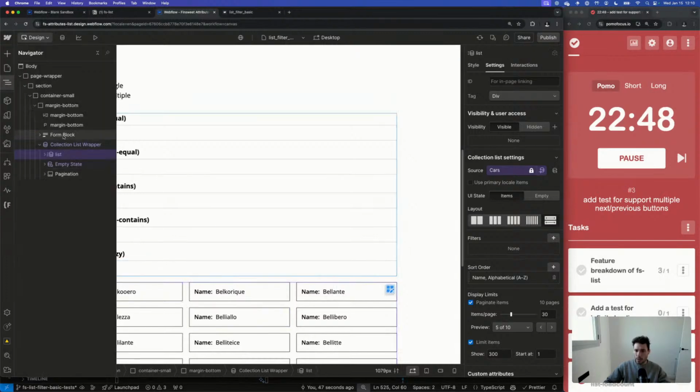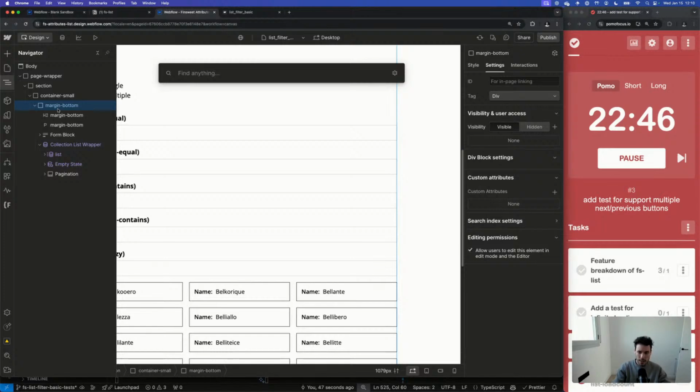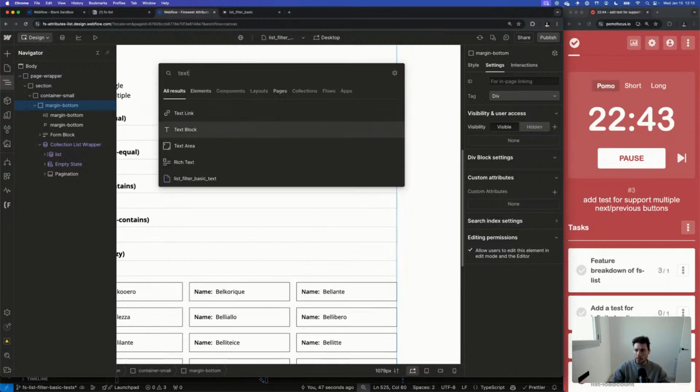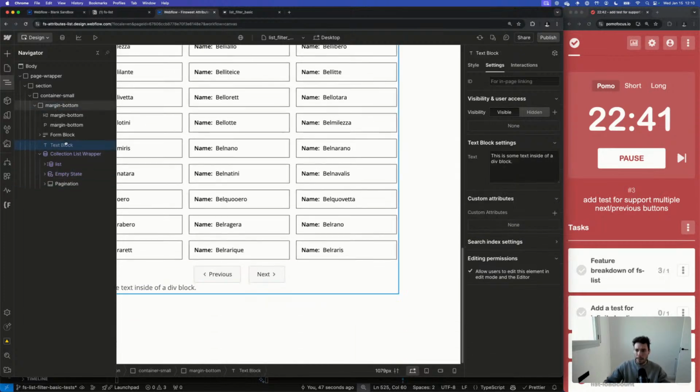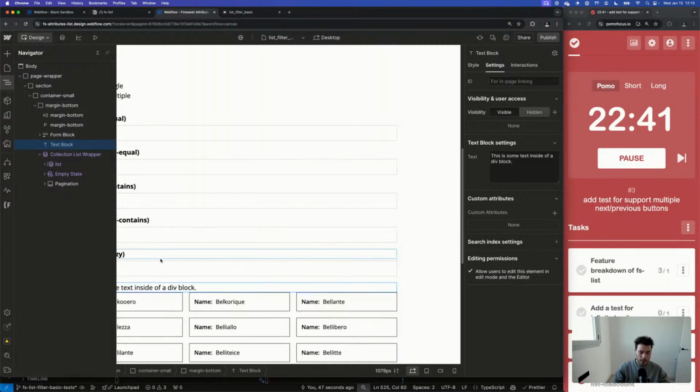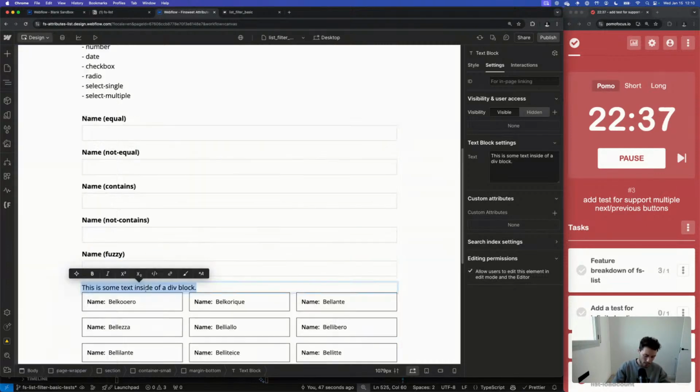So in here, let me add another text block: matched items of these total.